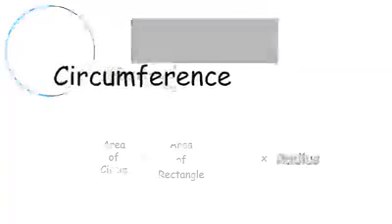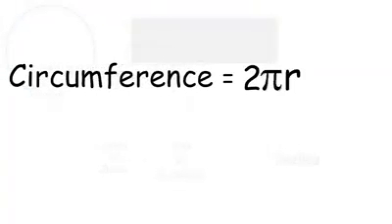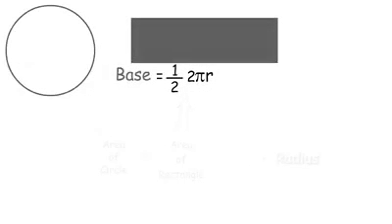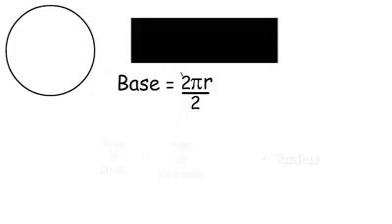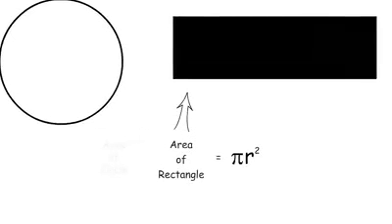Remember that the circumference is equal to 2 pi r. When we combine it with 1/2, the 2's cancel out, and base is equal to pi r. So now base times height becomes pi r times r. Combine the r's together and we have pi r squared, which is equal to the area of the rectangle, which is equal to the area of the